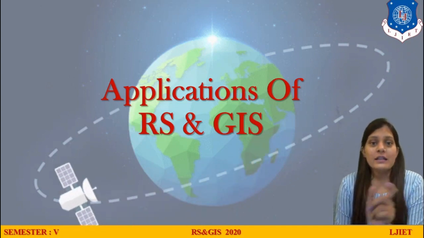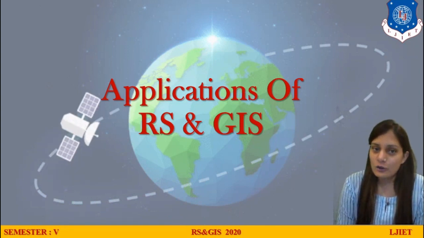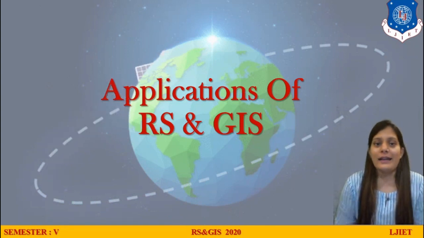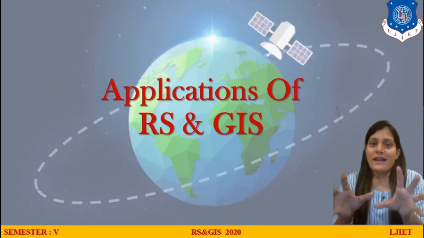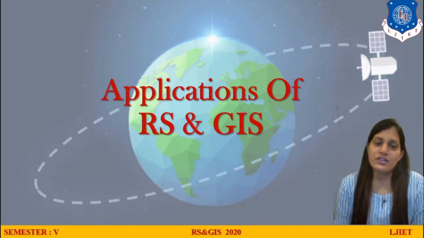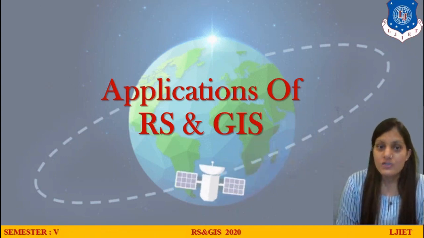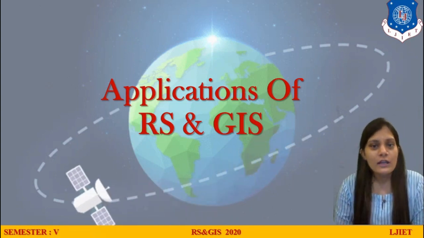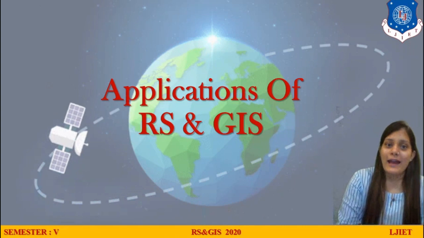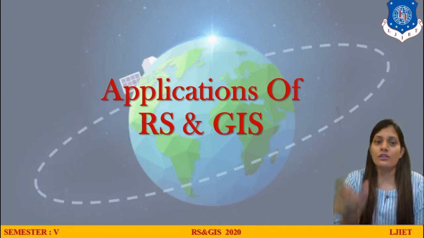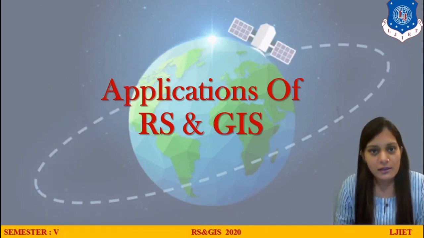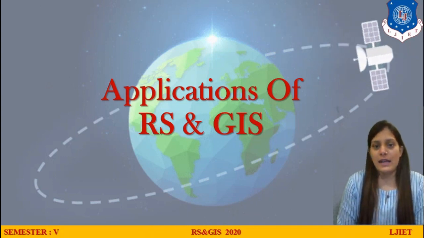Remote sensing, in a very general sense, means that without coming into contact with an object, I can get all the information about that object. That is remote sensing, which is a physics terminology. According to that, what is GIS? GIS is one type of tool which can be run on that remote sensing image. So that is remote sensing and GIS.